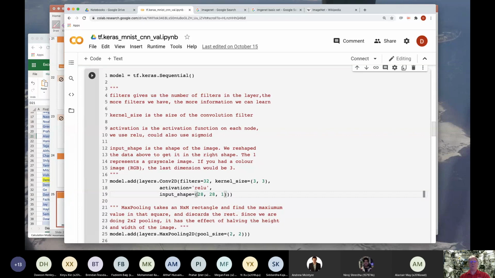So that would be a 3D tensor feeding into the network. The activation function for all the nodes in this layer is the ReLU function, and we're going to have 32 kernels, essentially filters, that are going to be constructed from this. And each one of these kernels are 3 by 3.